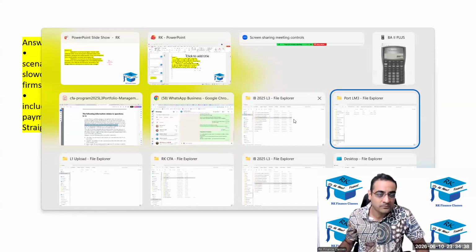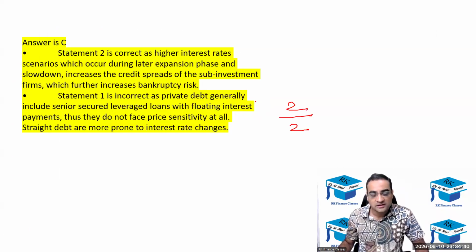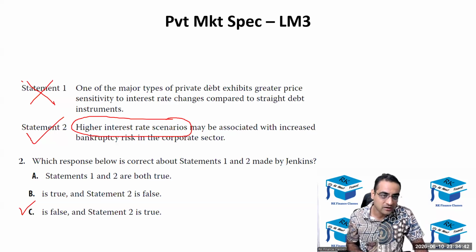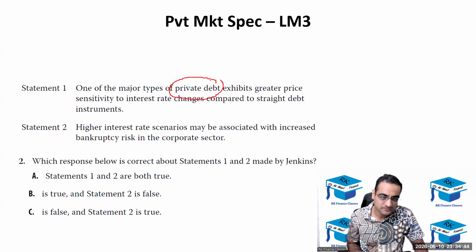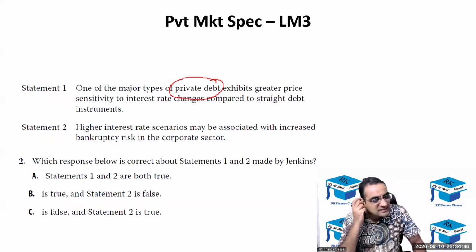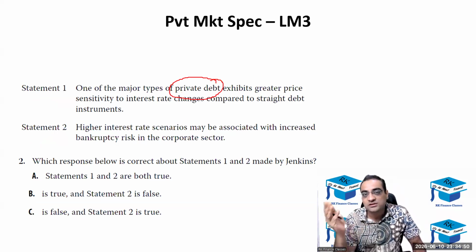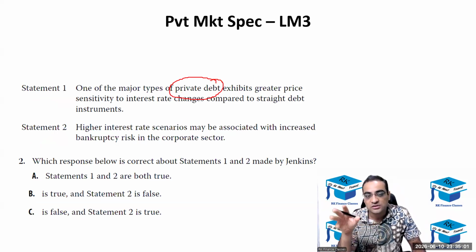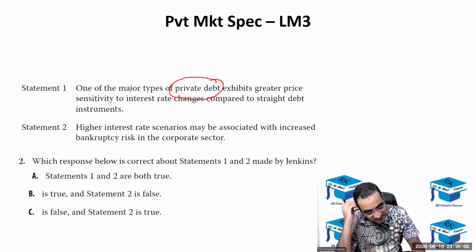I actually had one more logic in this: that the private debt is unlisted. So from that perspective, its price won't change much because it's unlisted. But then that becomes an infrequent valuation logic. So I don't think we can put it, that it's illiquid, so its price won't change that much when the interest rate changes. That is a different thing. I don't think I can write that.